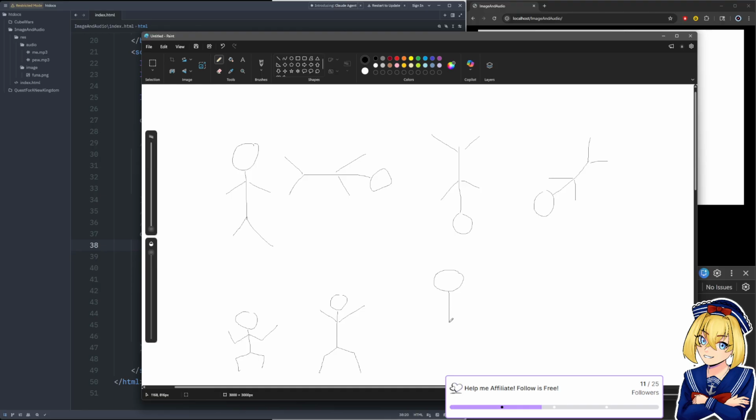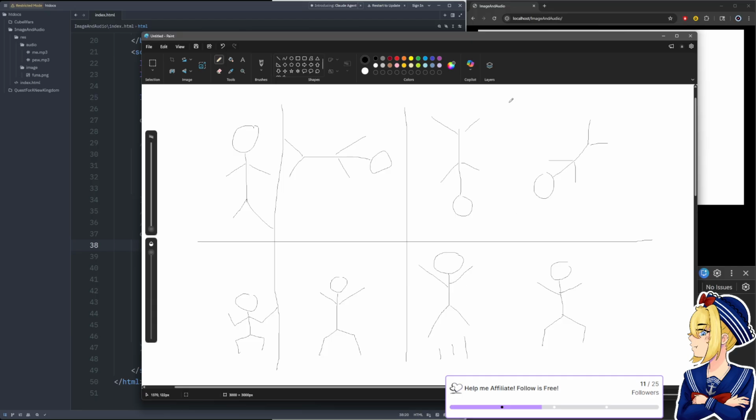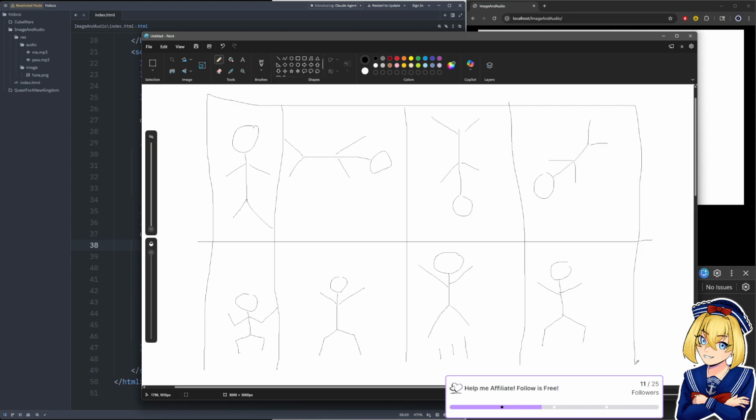And then we have sort of a jumped thing, and then he comes back down. So he's going to be back in this sort of situation. And then he's going to be fully crouched again when he lands, right? So now we have a 2-dimensional sprite sheet. If we were going to cut it up, we cut it up like this.